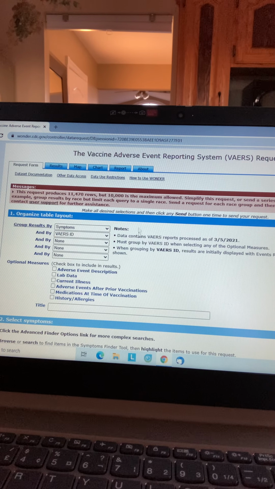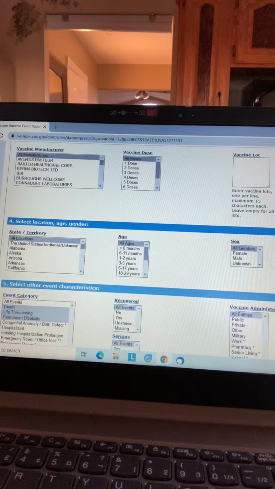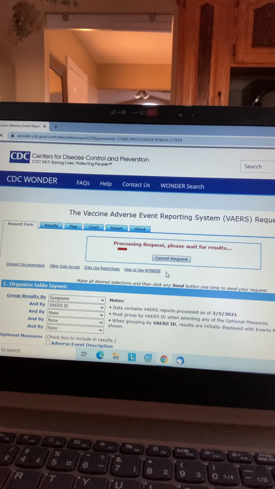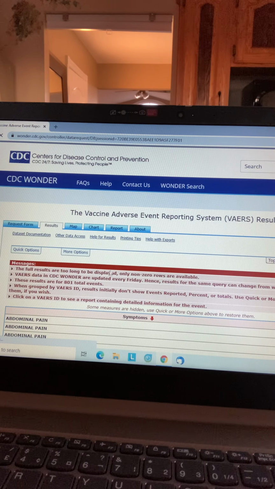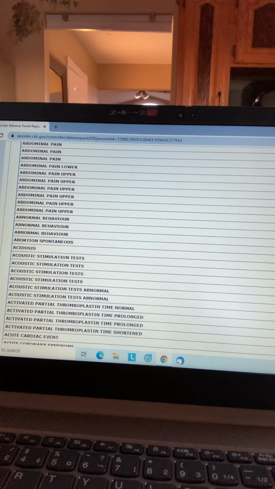and then I've left it at 0 days, still COVID, go down, search. Send. So again, it's 801, and it tells you they can't put all the rows in. Its full results are too long to display. But it's not that one person's ID isn't there. If you go down to,